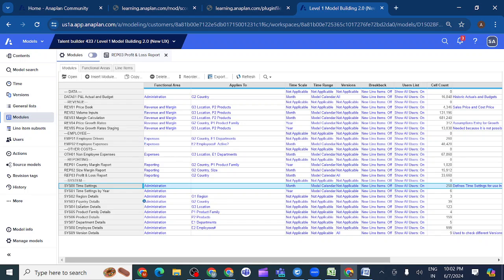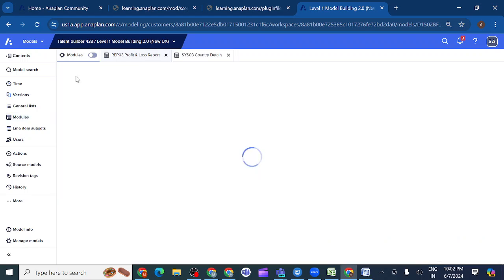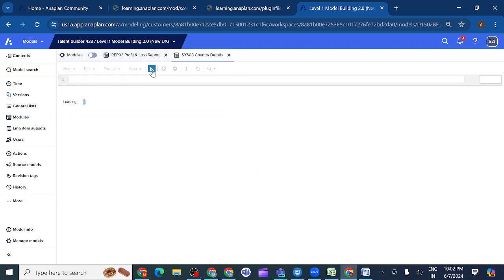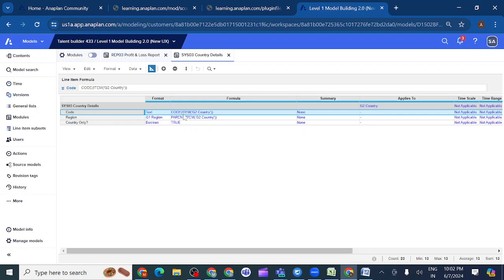In system modules I have a country module and a location module. You can see what system modules we have. We calculate these at once, code, region, country, and we refer to them many times wherever required in the model.